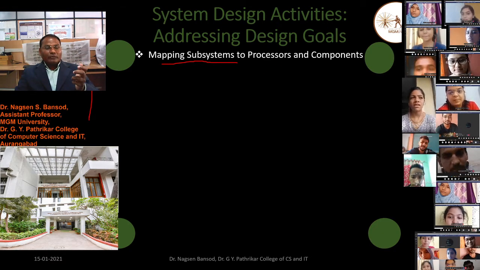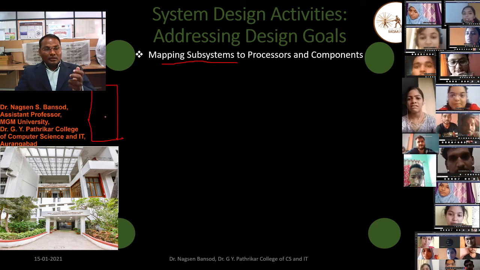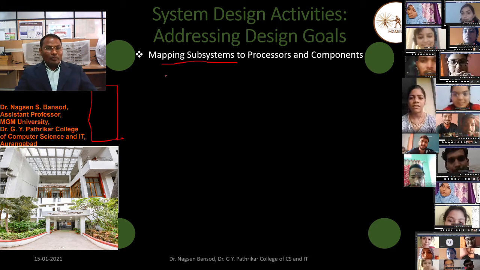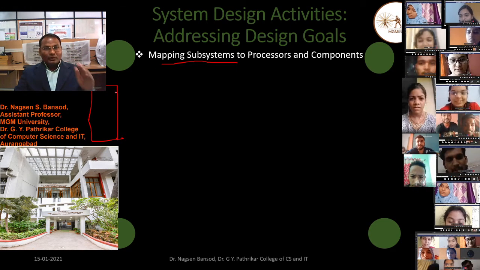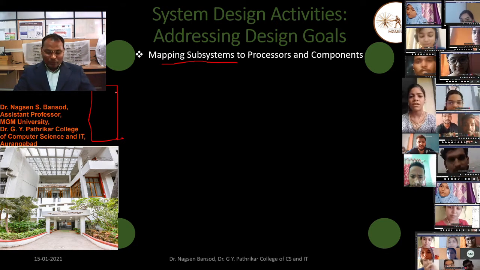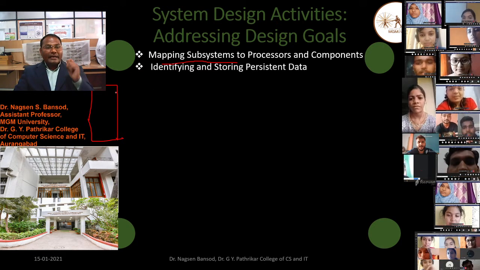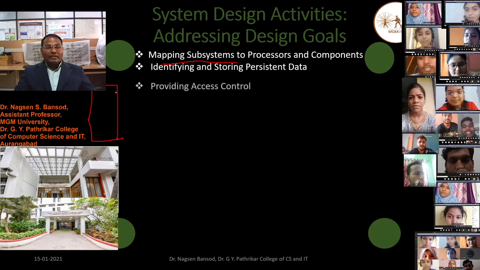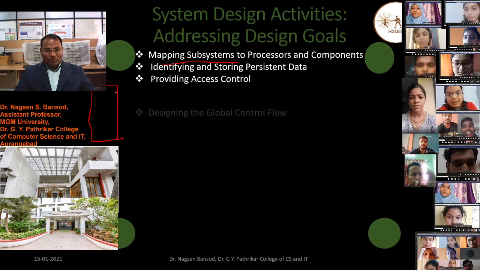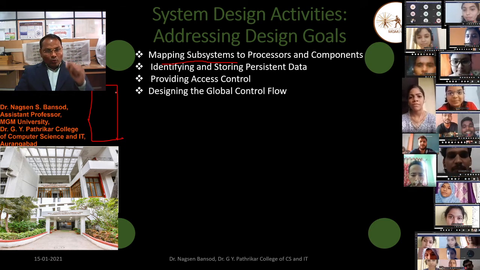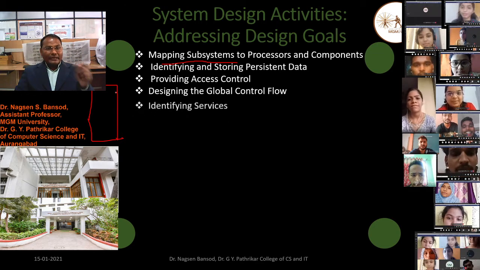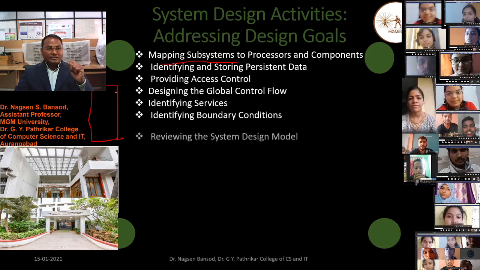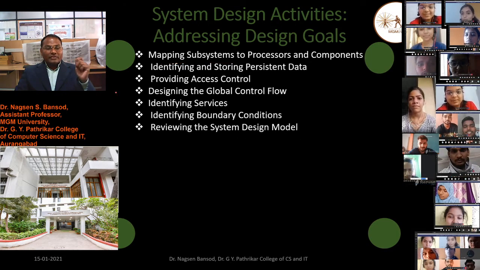Any component we design has its own processor to process the data. So, mapping the subsystems to processors and components. After that, identify and store the persistent data. Then provide access control, and design the global control flow. Then identify the services and then identify the boundary conditions. Then review the system design model.